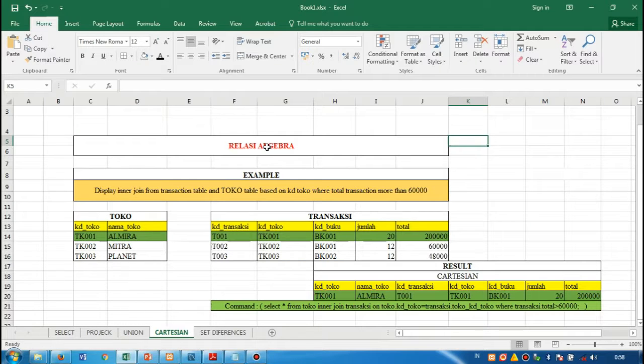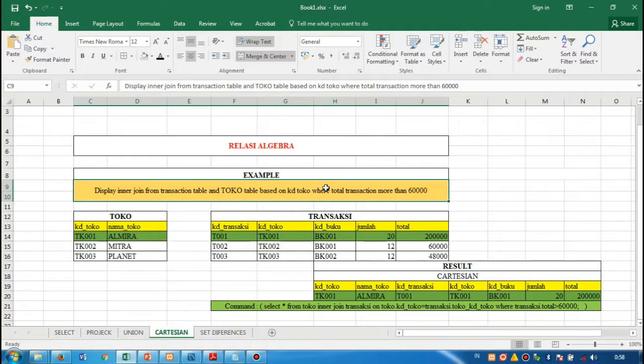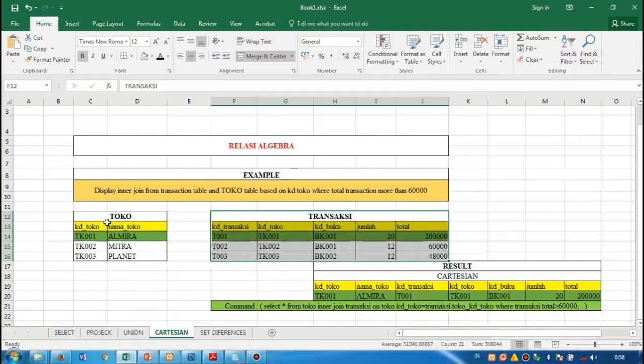Here we will explain about the example of one of the relational algebra. It's called Cartesian product. So the example, I have two tables, table toko and table transaksi. Table toko has two fields, kode toko and nama toko. Table transaksi has five fields, kode transaksi, kode toko, kode buku, jumlah, and total. So I want to display an inner join from table transaksi and table toko based on kode toko